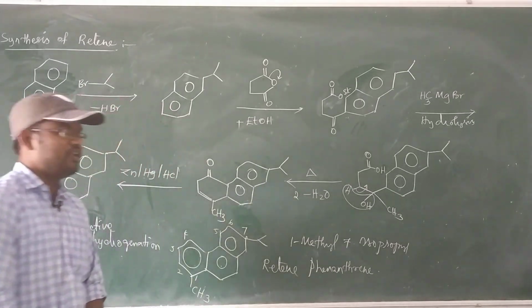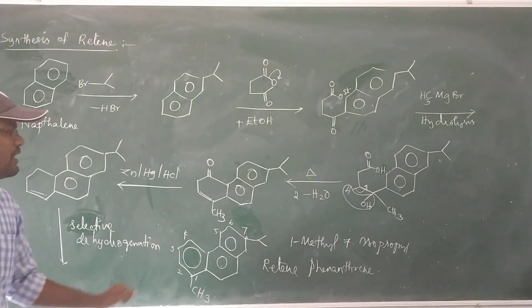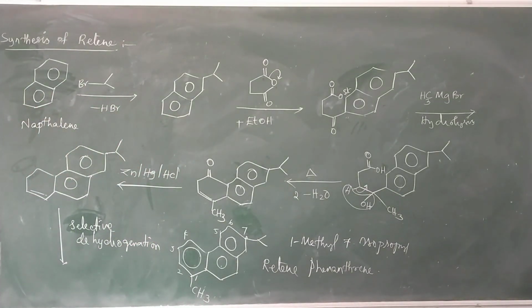This is the retene synthesis. The retene synthesis clearly indicated that abietic acid has a phenanthrene ring and